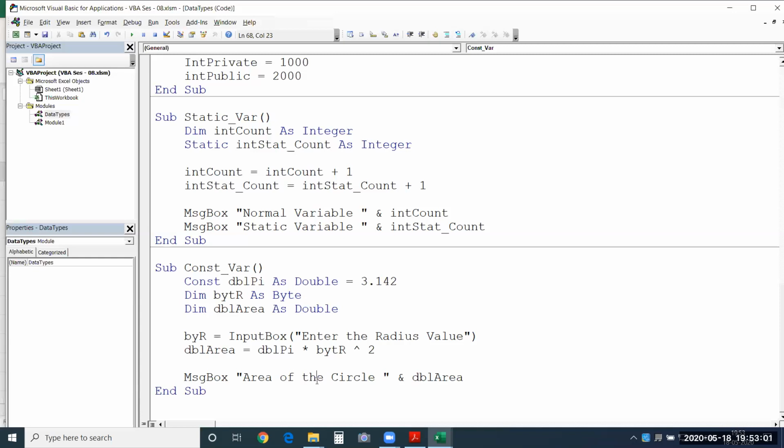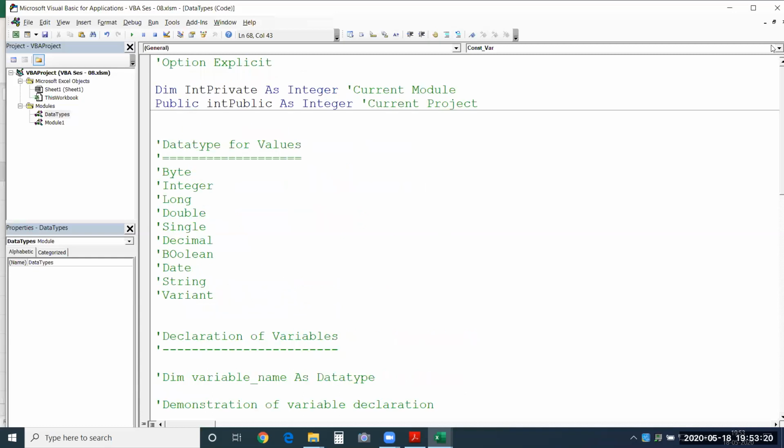See, so option explicit will force me to declare a variable before using it in the macro. And it will also help me identify the misspelled variable names, because it will throw me an error saying this particular variable is not defined.